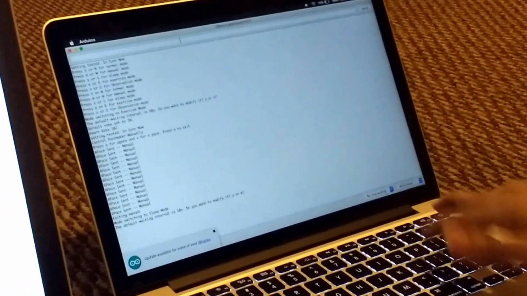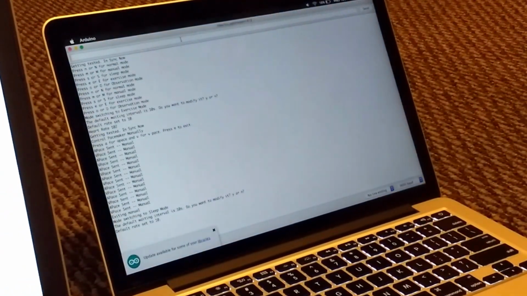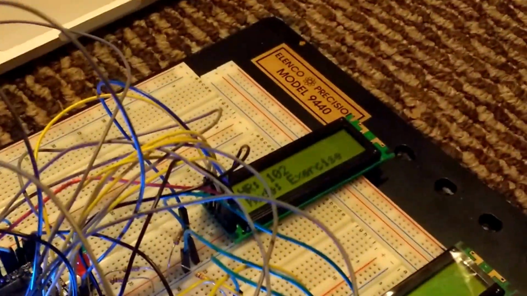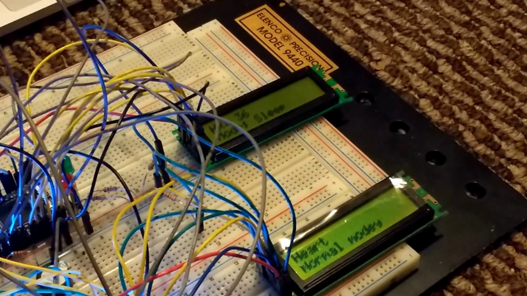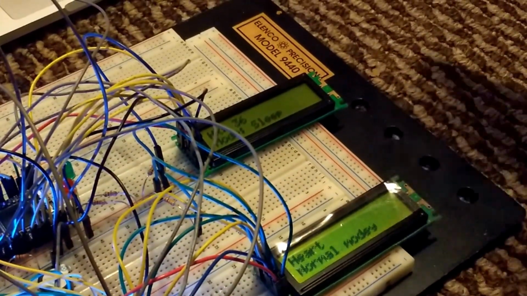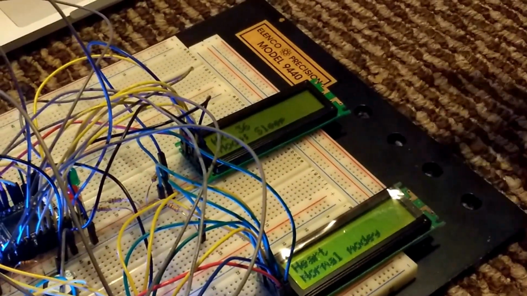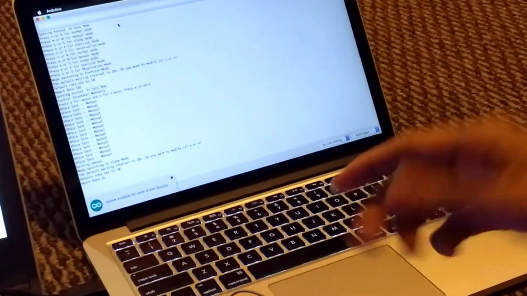Now if I want to calculate the heart rate, I'll press O for the observation interval, and you can see the LCD will get updated in 10 seconds. It will calculate the lower bound of the heart rate of the sleep mode, which will be around 36. Here we have added one count to account for the delta, and in this manner we can get the lower bound of the heart rate in every mode.